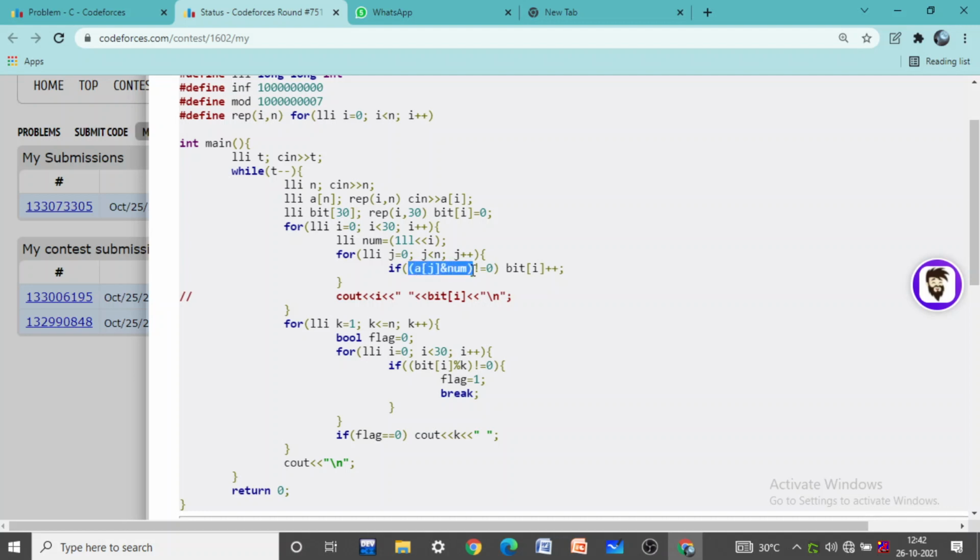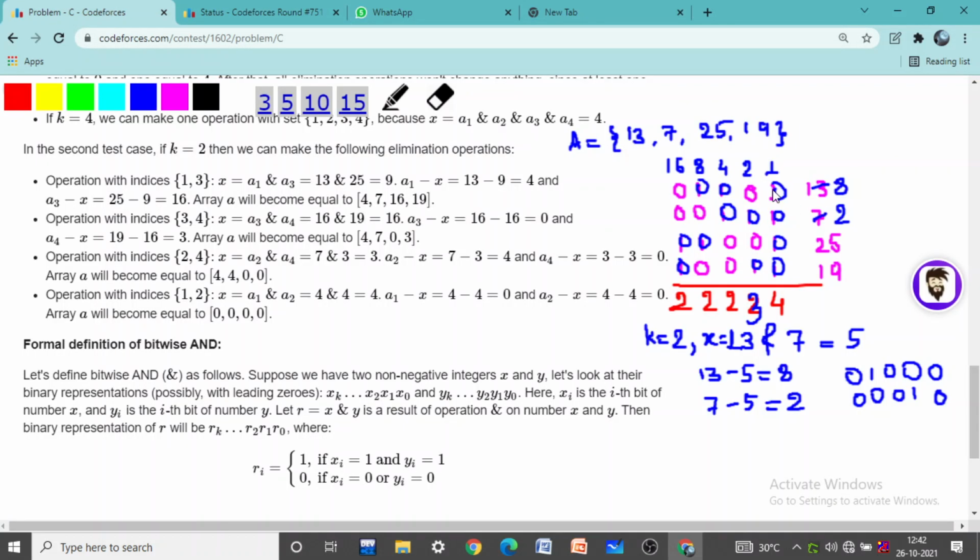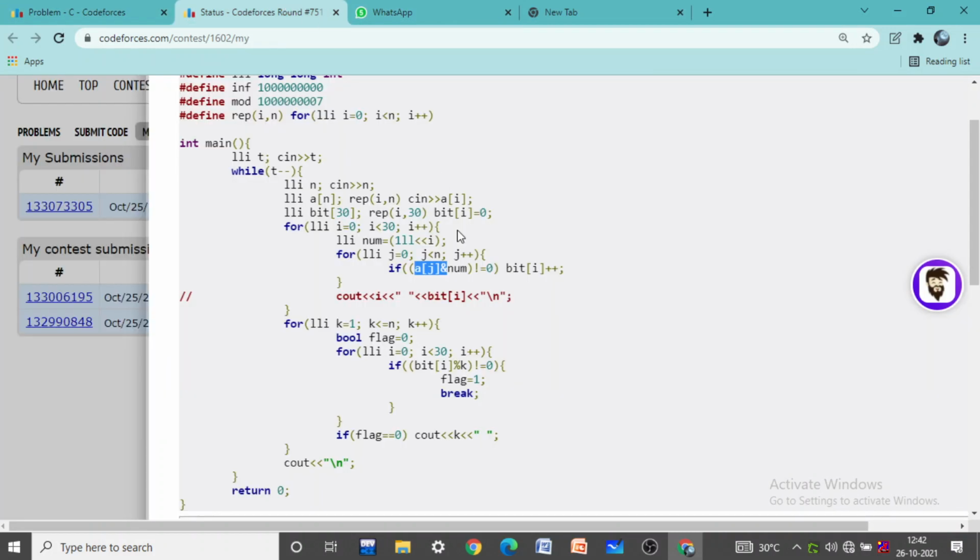So suppose when j equals 0, aj is 13, and 13 initially had a set bit in the first column, so it will return 1, right? It will return 0 only when aj in that column is 0.